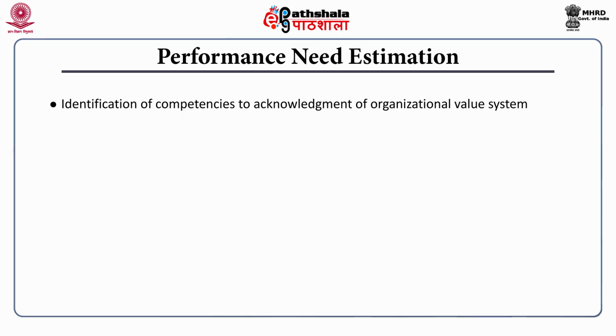Identification of competencies in terms of skills and resources is done. These competencies are instrumental in creating competitive advantage for an organization. Next step under performance need estimation involves collecting vital concern related information. These vital issues listing enables the organization to identify gray areas whose presence could hamper the production of high level of performance. It provides a basis for developing key success factors related to framework, performance and incentive.